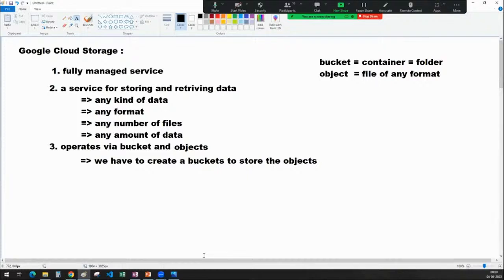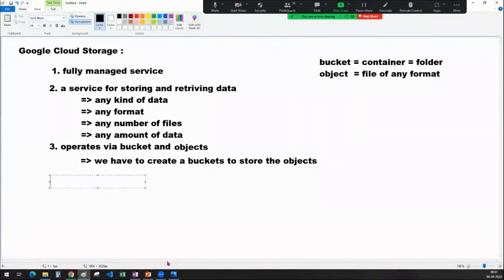In the terminology, what is a bucket, sir? A bucket is nothing but a container, and an object is a file of any format, and we have to create the bucket. If I want to store some data inside Google Cloud Storage, what do I have to do? I have to go to Google Cloud Storage and create a bucket, and inside that I can upload the objects. What do you mean by objects, sir? It is nothing but data, a file, right? So this is how it operates. Sir, so far everything seems good. The fourth point I want you to understand is that Google Cloud Storage allows